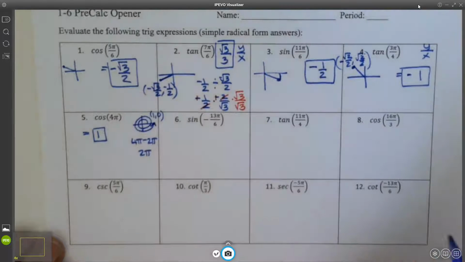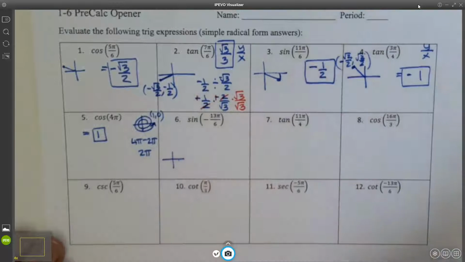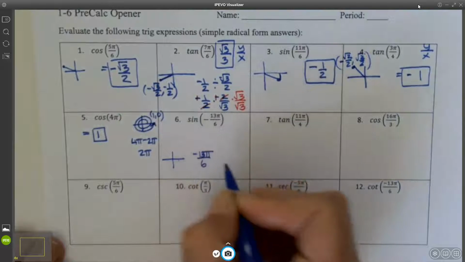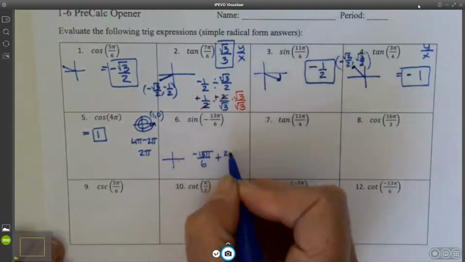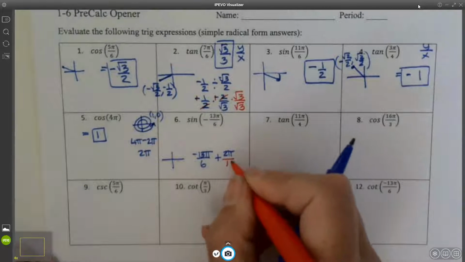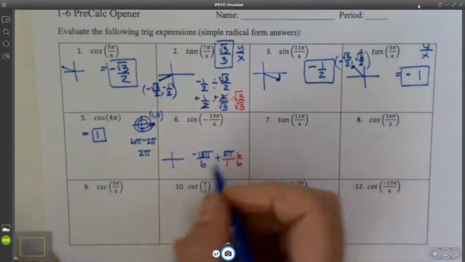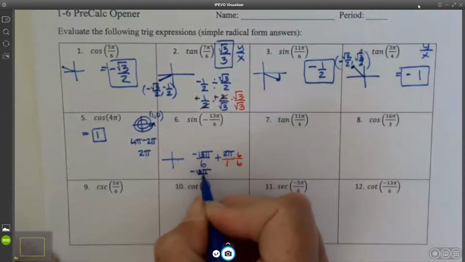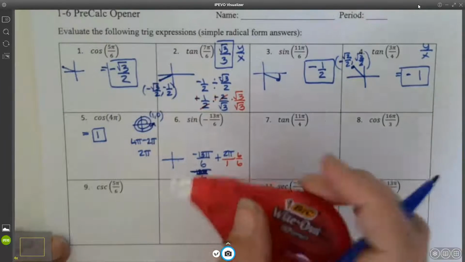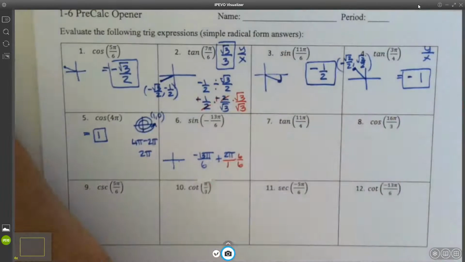With this one here, this is a negative angle, so that means we're going to be going clockwise instead of counterclockwise. There's a few different ways you can think about that, but you want to take that angle and add 2 pi to it. And I'm going to rewrite that with a common denominator. So I'm really adding 12 pi over 6. And so if I have negative 13 pi over 6 plus 12 pi over 6, sorry, that's going to end up giving me negative pi over 6,